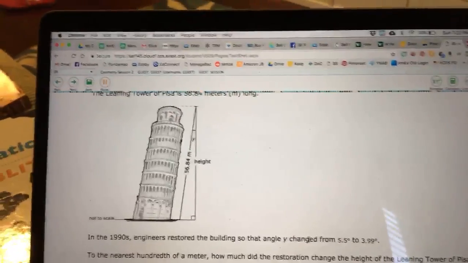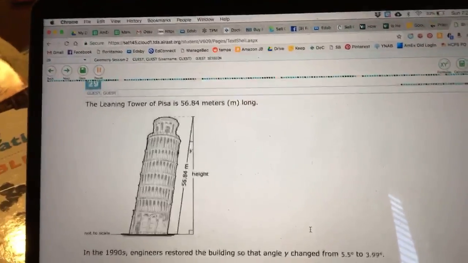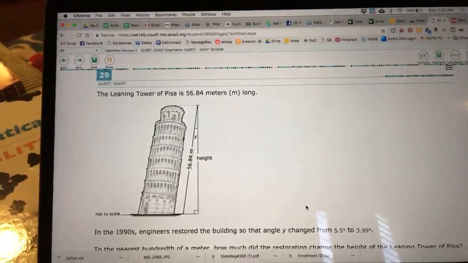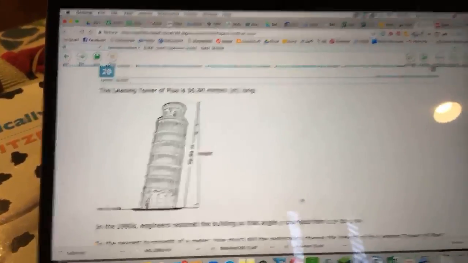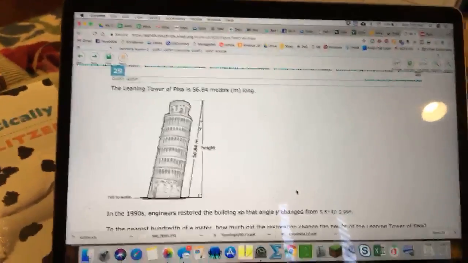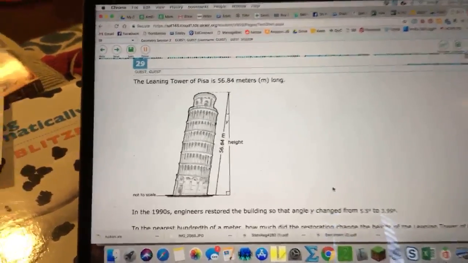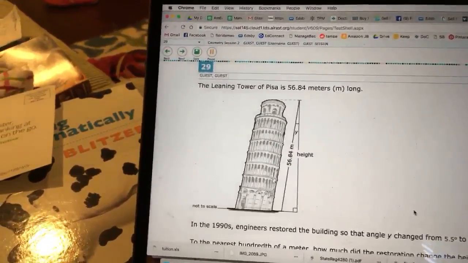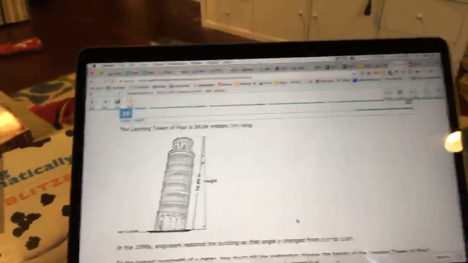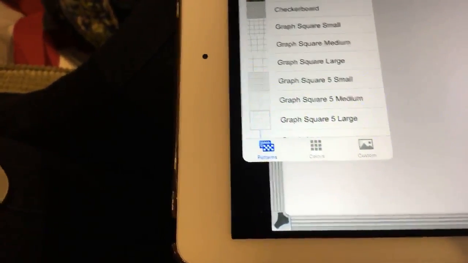So we've got two problems to do here. They're both trig problems. They're both going to be SOHCAHTOA and right triangle trig. Okay? So the first one we've got